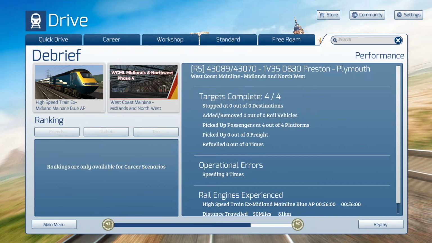And lots of great interaction with the AI. Very varied as well. It was set in an era which I'm particularly fond of, with all of the Sprinters and the 175s and 170s and the 86s, the 90s, and of course what were then at that time the new age stock in the form of the Pendolinos and the Voyagers. So thoroughly recommended, and I shall once again leave a link for this particular scenario and of course the route